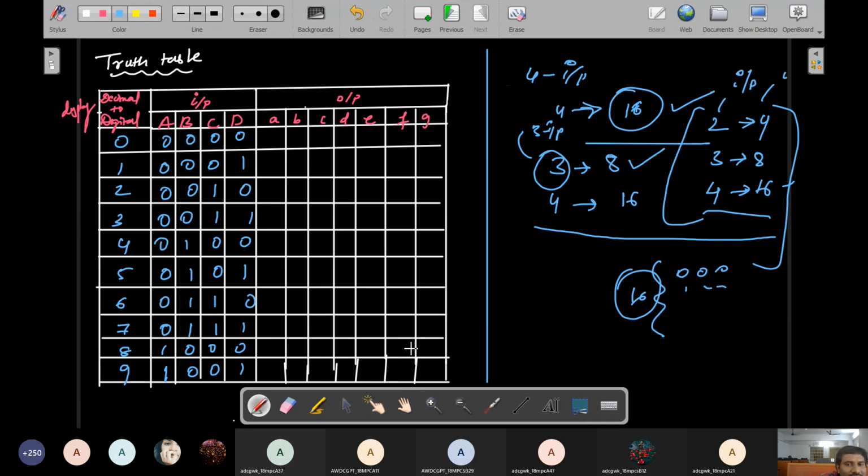So actually we are using 16 ways to arrange this binary data. But what happened here, out of 16 inputs we consider only 10. So 10 display system, 10 binary digits